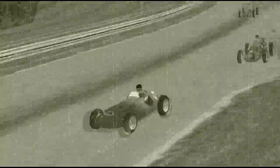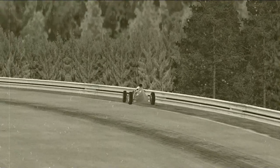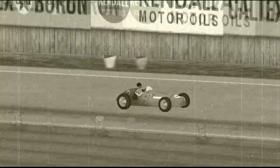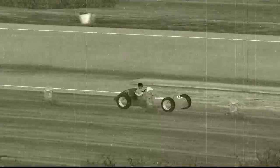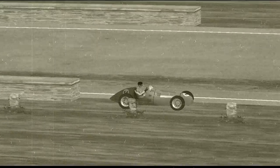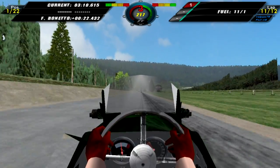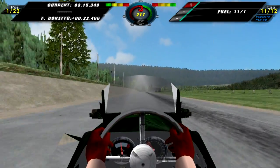And here we have Philippe Tancelin in the French car, in the Talbot, losing control of the car, crashing into the Armco and losing its front right wheel. And now we have Eugène Chabot, who crashes into the fence, and after this he retired for some reason, although as we can see in the replay he didn't really have to. Anyway, we are very close to the end of the race now,